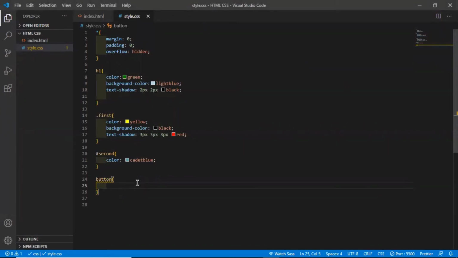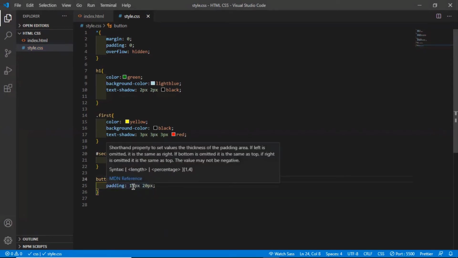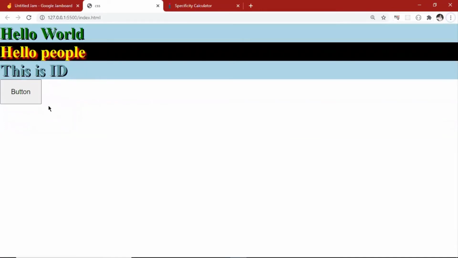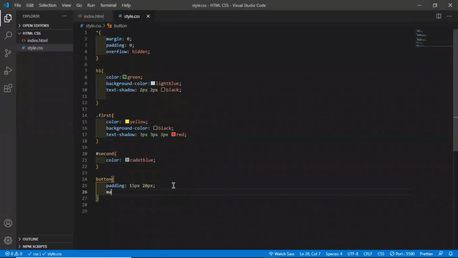Okay, cool. So let's work with the button in order to make you understand what happens to all the things. Let me first of all give it a padding. 15 pixel, 20 pixel means 15 is top and bottom, 20 is left and right. Okay, and similarly margin top 50.